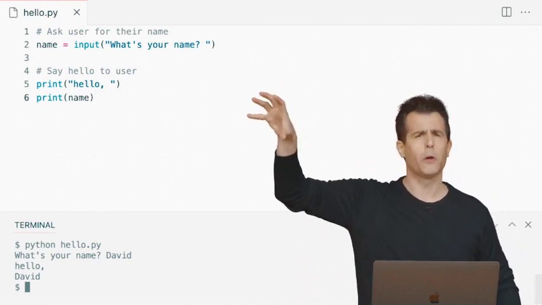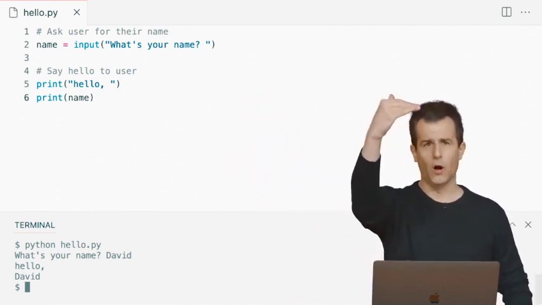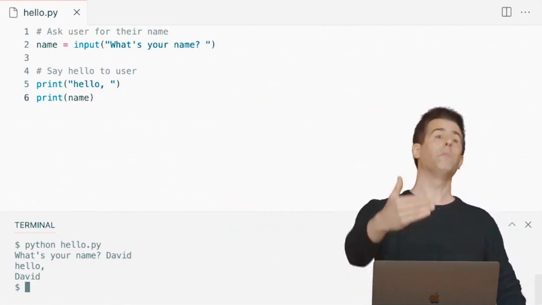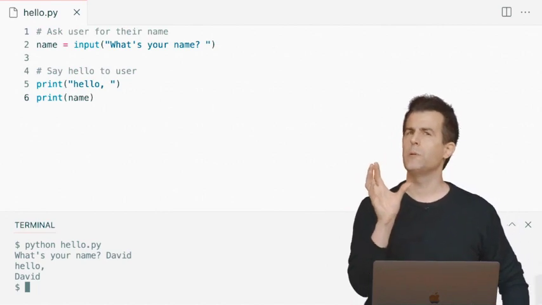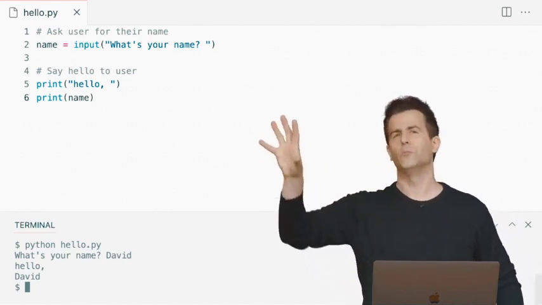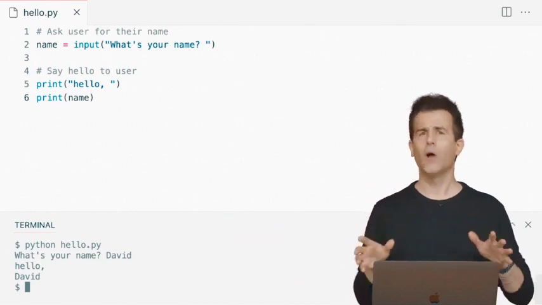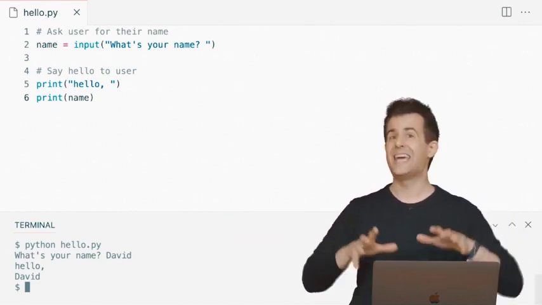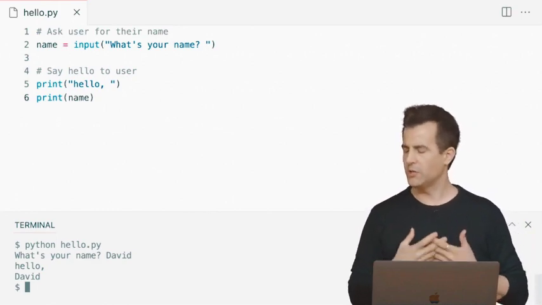It's moving the cursor automatically for me to the next line, because that's why I'm seeing hello on one line and David on the next, and then my prompt, the $ sign, on the line below that. So print seems to be presuming automatically that you want it to move the cursor to the next line after you pass it some argument. But you can override that behavior. Again, functions take arguments, which influence their behavior. You just have to know what those arguments are.